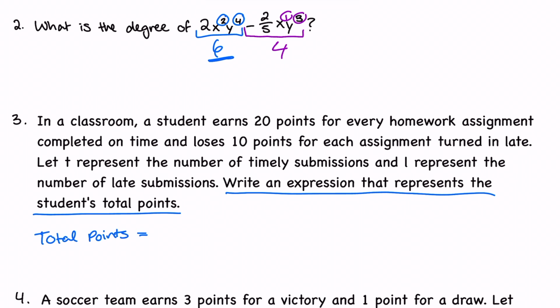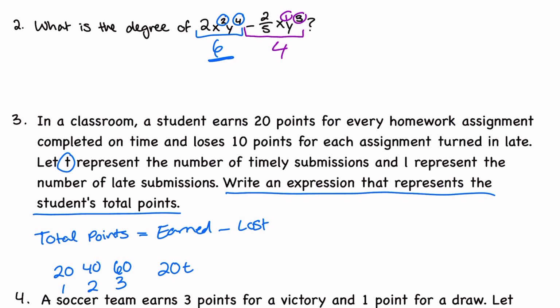So a student's total points is going to be the amount of points that they earned minus the amount of points that they lost. And if you remember, they earned 20 points for every timely submission, which we're calling T. So that means if we have one timely submission, we get 20 points. If we have two timely submissions, we get 40 points. And if we have 3, we get 60 points. So the number of points earned for timely submissions is just 20 times the number of timely submissions,